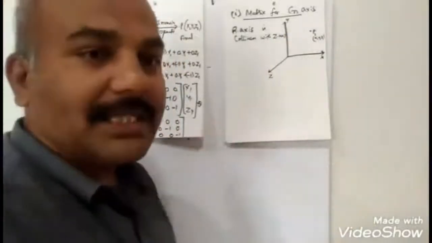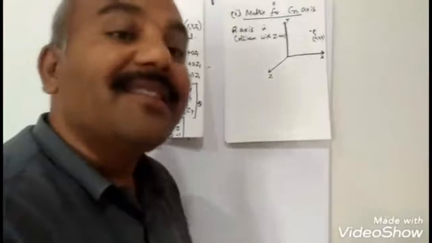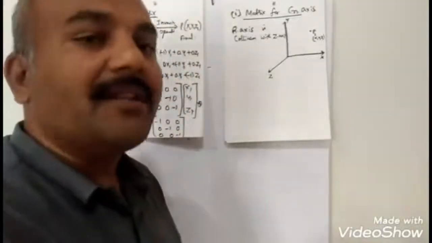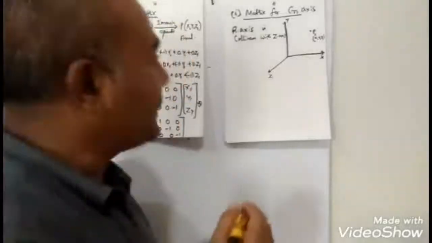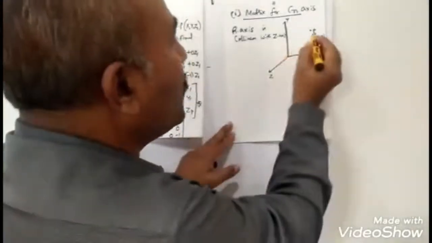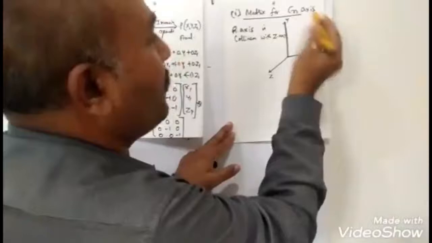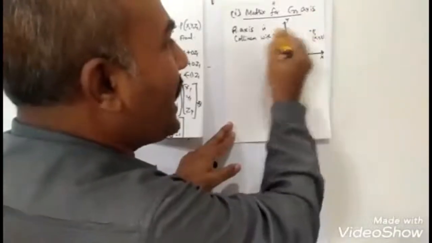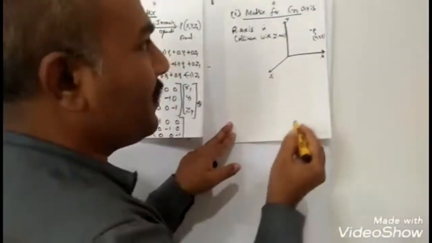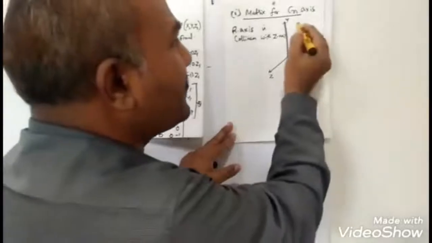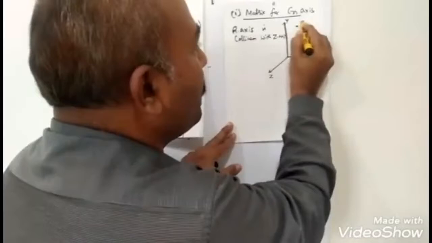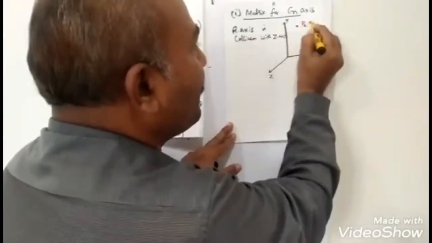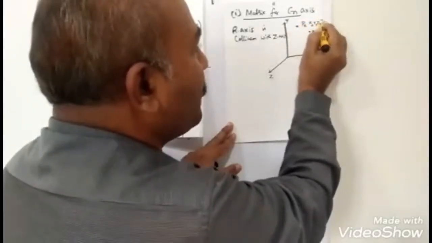Then the rotation matrix which is obtained is for the CnZ. That is called the CnZ matrix, since the rotation axis is collinear with the z-axis. Now you rotate the molecule or rotate the point P1 in anti-clockwise direction. Then the point P1 changes to point P2 with coordinates x2, y2, z2.